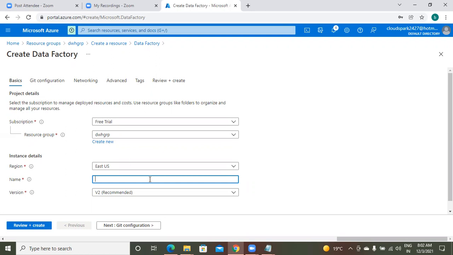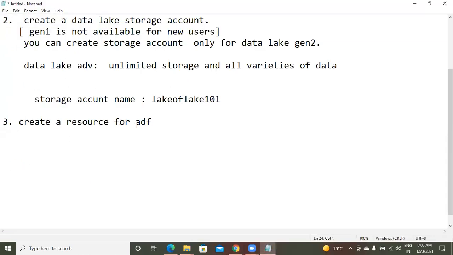Now I am creating a single instance. Let's say ADF ELT. The instance name I am giving is ADF ELT.